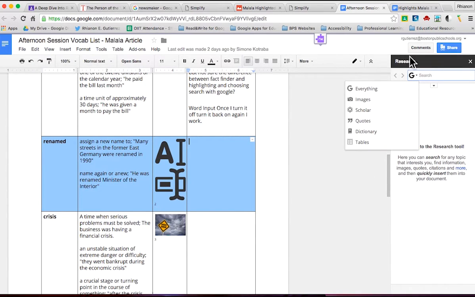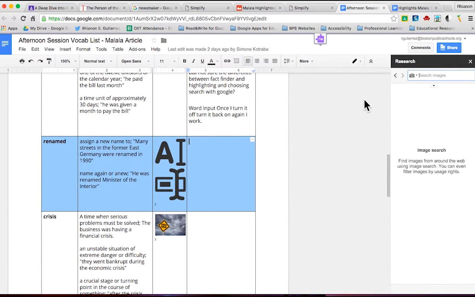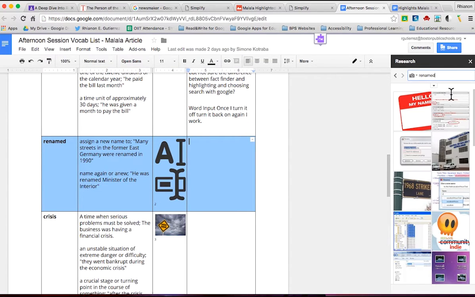You'll see a column open on the right side of your browser. And there's a G here where you can look up everything, images, and whatnot. I'm going to select images and type the word renamed. Now these are the options it's giving me.